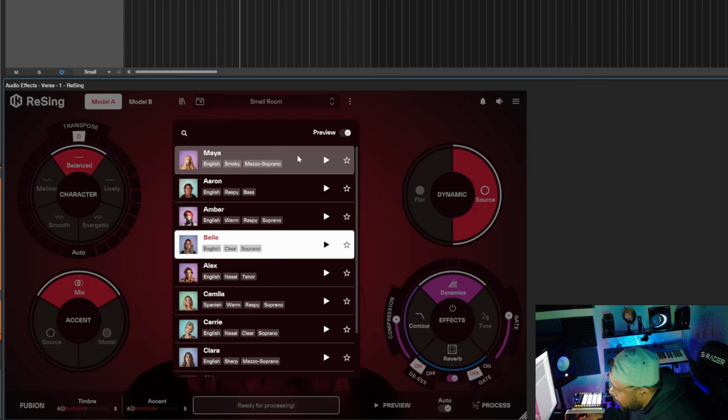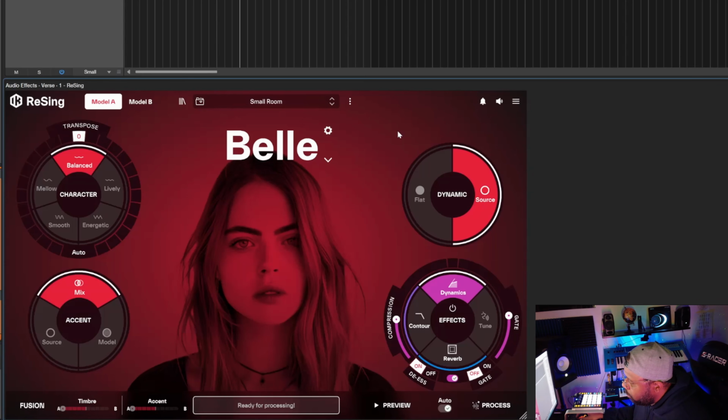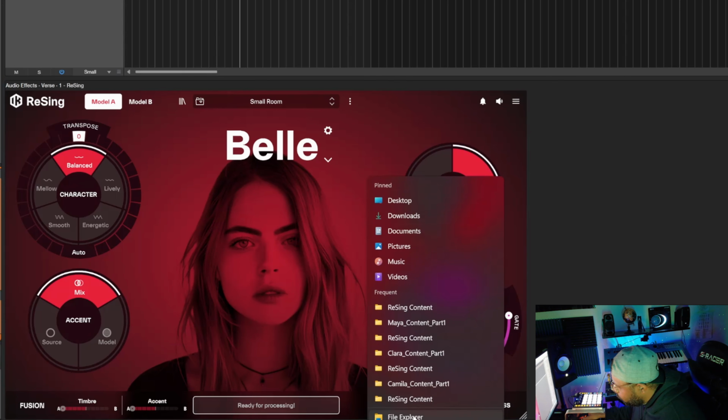Yes, she's been populated. But I don't know if there's another way to do this, but I'll literally have to go through every voice, right click the folder, extract the folder, right click the installer, run as an administrator, and load it in, which I have everything installed in these folders already. I'll show you again where